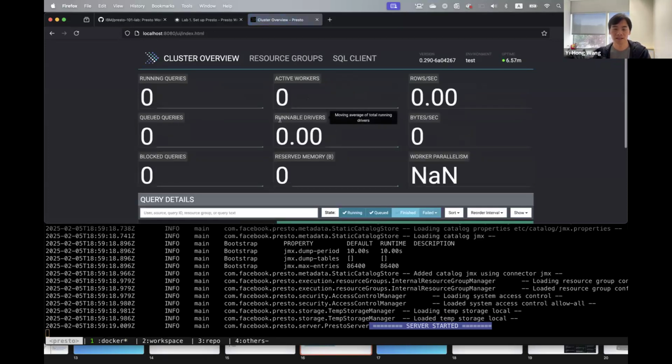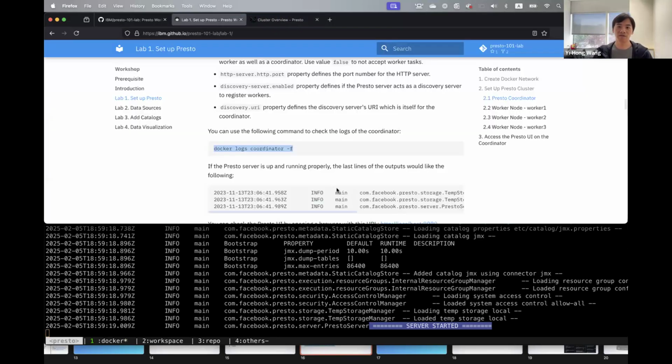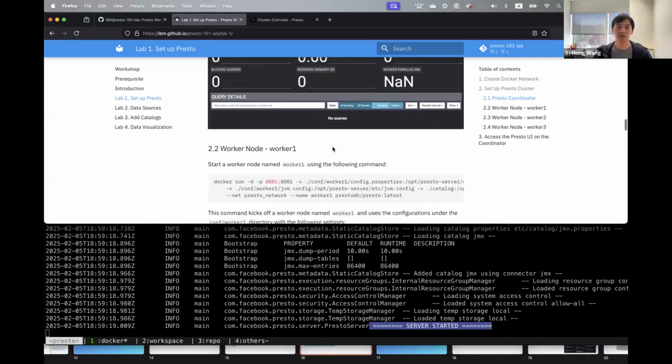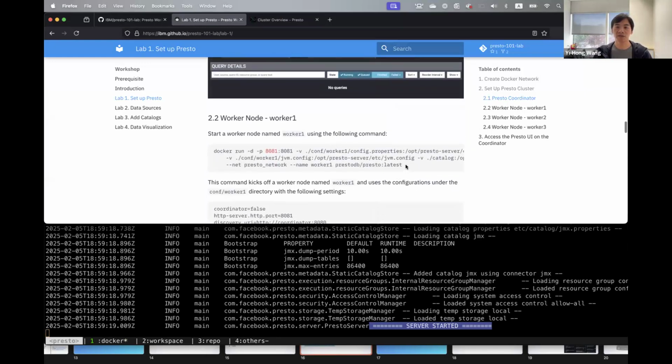Yeah, so that's it. And the second job we're going to do is, okay, we have the coordinator up and running, and we see the dashboard here. So the second command we're going to do is run the second worker, and the second worker will also need a port number, and now we specify the port number as 8081. And here is the command. You can see we definitely use a different configuration for the worker,